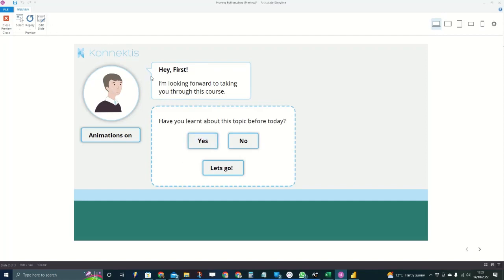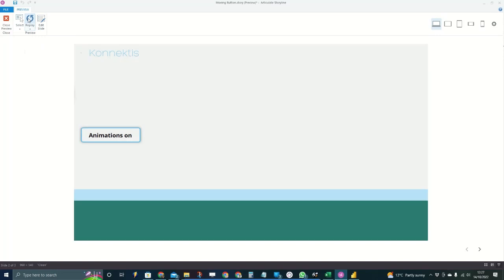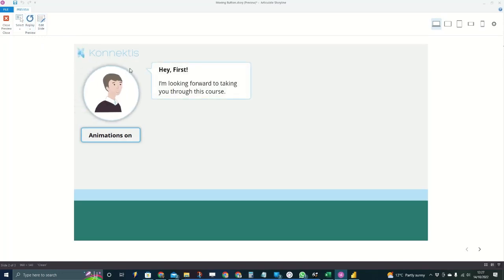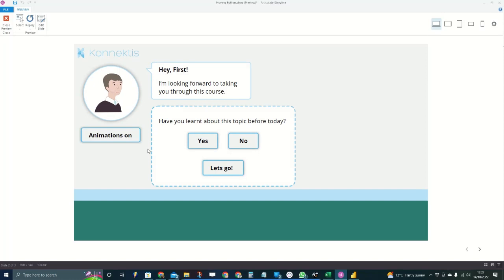Let's just do this, sticking to the rules of the slide that it's asking me to do. So this is how it would work normally, obviously nothing triggering in the action. Now I might immediately, as a learner, understand that I don't want to see any animations, I always try and avoid those. So I see an animation's on button and I'm aware, okay, that's how I stop them, just in case any come on there. So it now goes to its normal disabled state, and the slide is going to